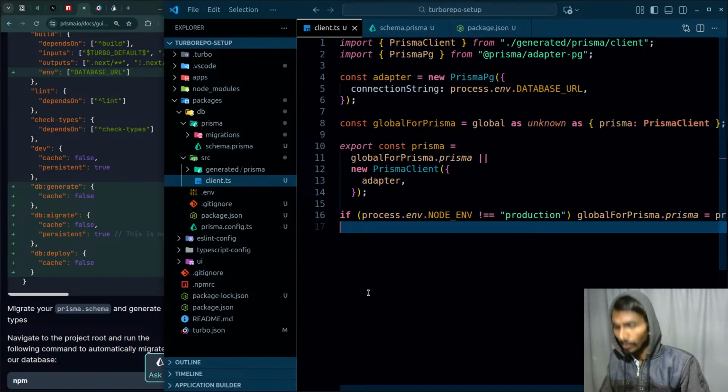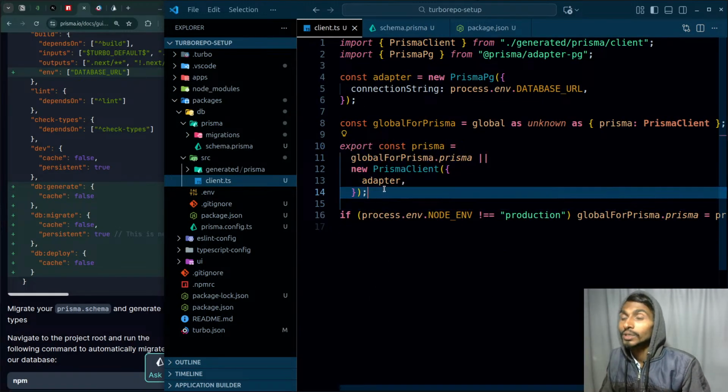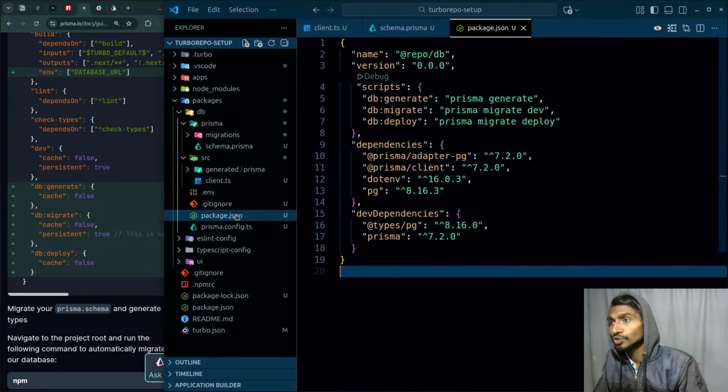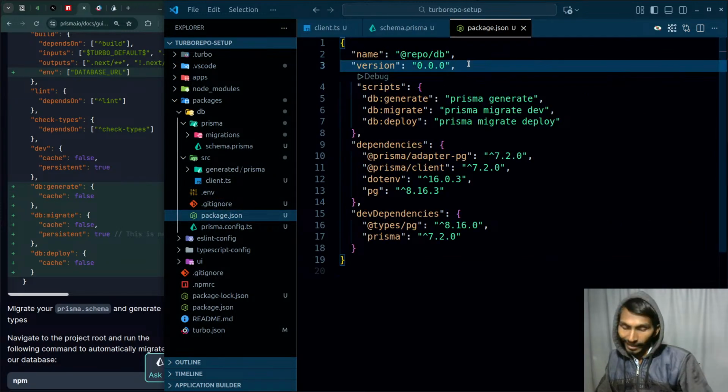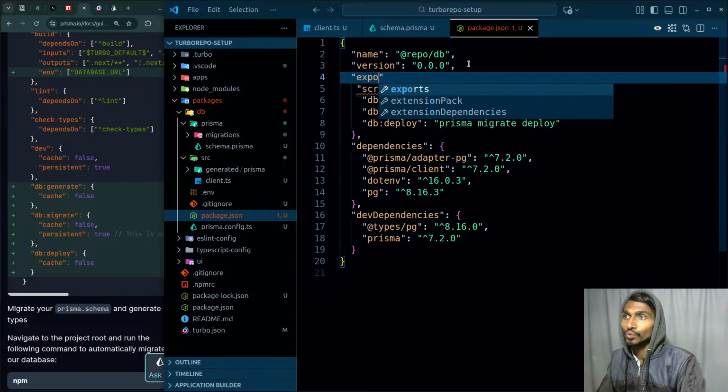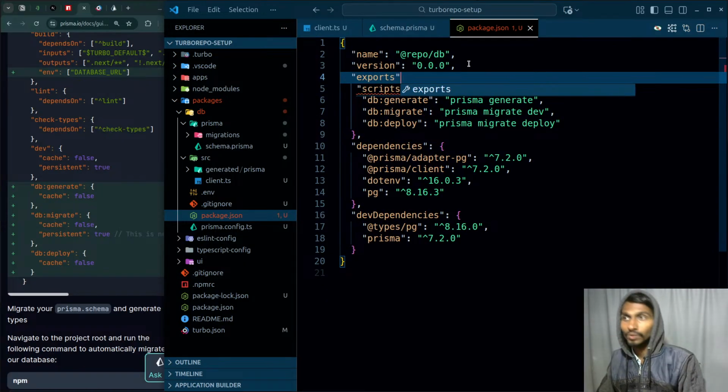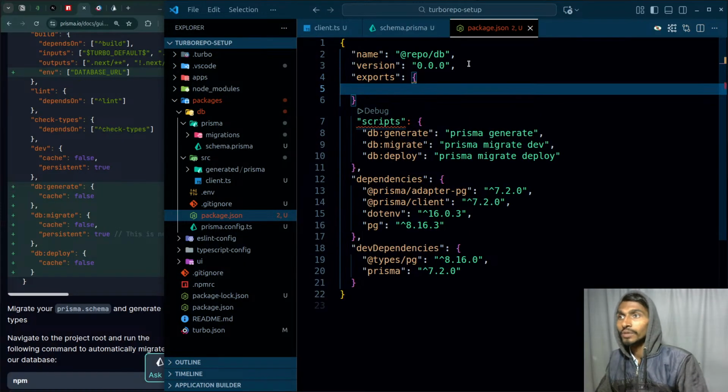What is the next thing that we have to focus on? So we have generated the client. We are even exporting the client from here. So we don't need to worry about that. One thing we need to do is go to package.json, and over here we have to export the client so that we can actually use it out there. So exports, what do we want to export? We want to export the client that we have. So from here I will be exporting